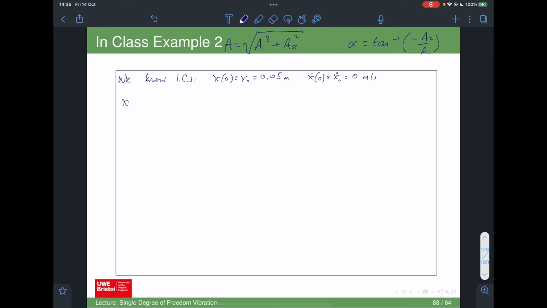And so we know that x of t, okay, so we're doing what we did before, we just need to find the various terms. So omega naught